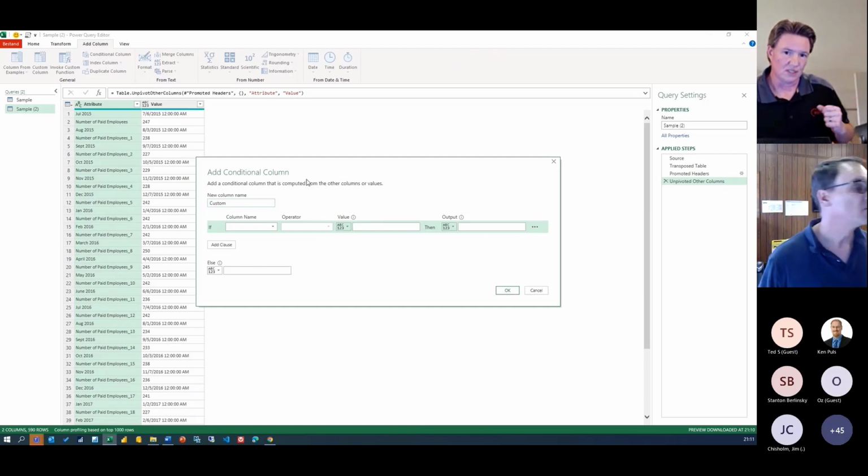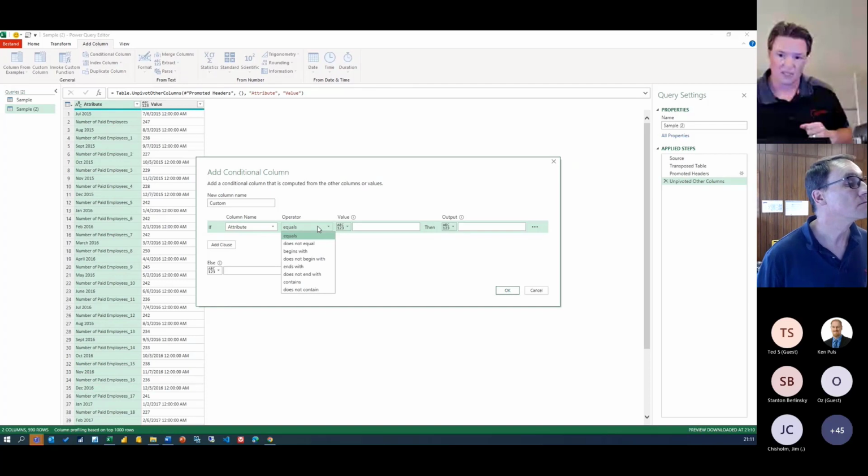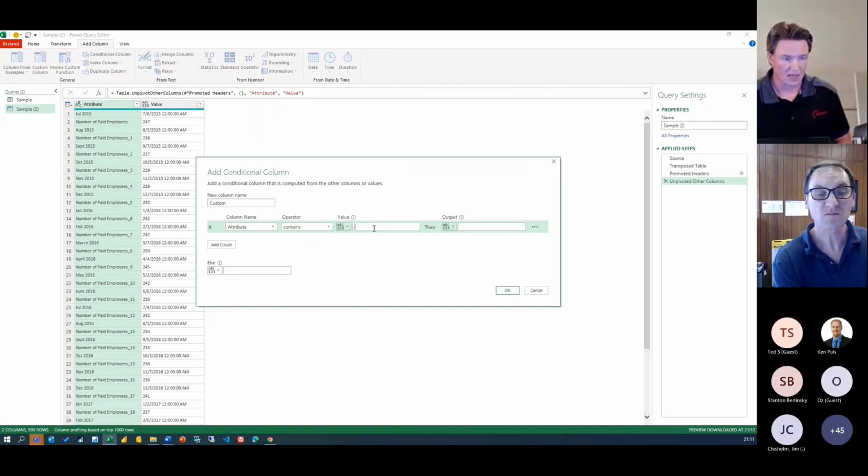There it is. And now we can create some logic to generate a label for both the value pairs. There's a lot of ways that you can do this, but you always have to be aware of the data that you're dealing with. So in this specific case, I'll look for the word employees without the capital E. So I'll choose the attribute column, then select contains, and write employ. Let's see, that should be right.